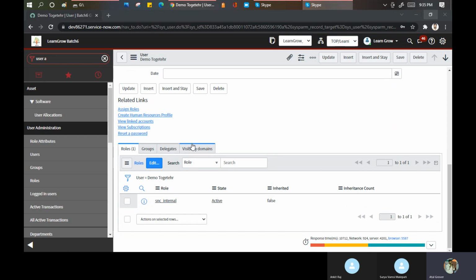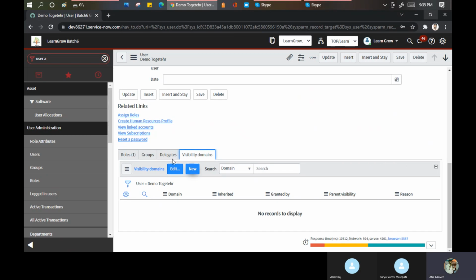You scroll down, you can see an option called visibility domains. It means what other domains this user should have visibility to, so that he or she can see the records. Foundation as well as transactional. If you want to see foundation, then you need special rights, like user admin rights.